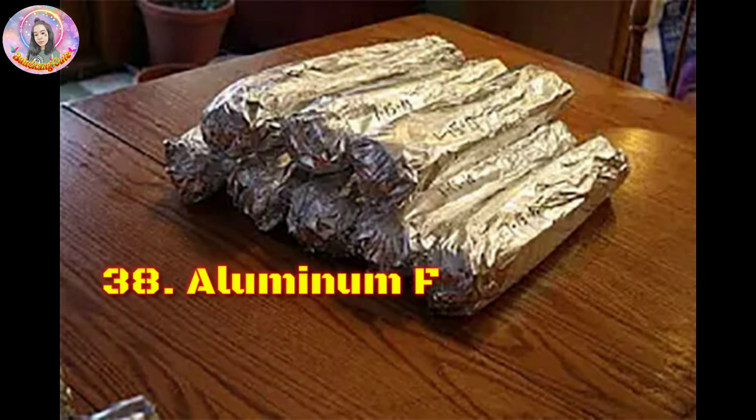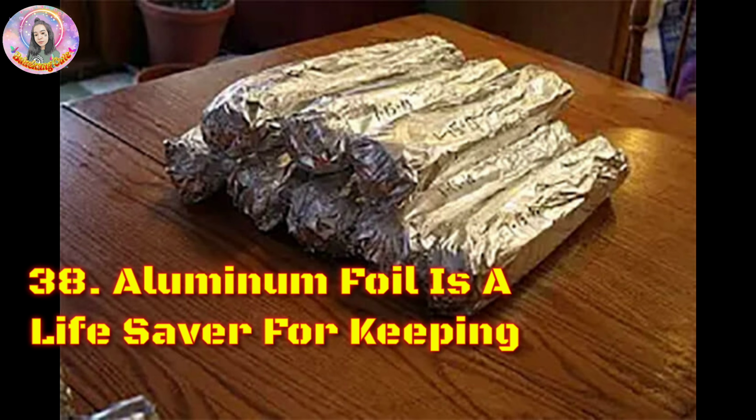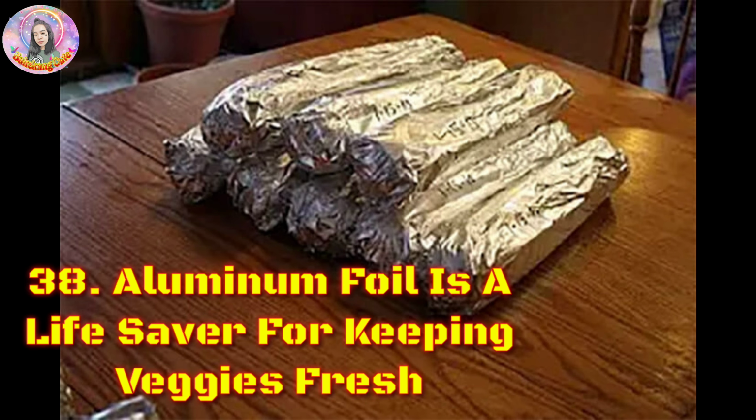Aluminum foil is a lifesaver for keeping veggies fresh. Everyone knows aluminum foil is a lifesaver for so many things, from quick fixes around the house to wrapping vegetables. The foil is a definite staple for the kitchen. It is like the duct tape of kitchen essentials because you can fix any problem with aluminum foil, including your